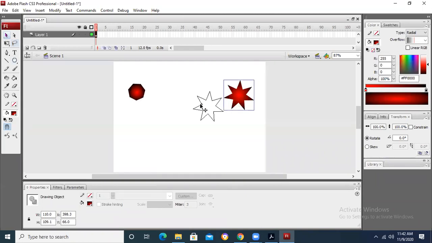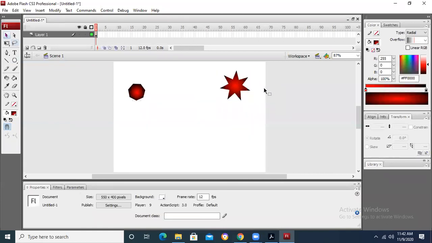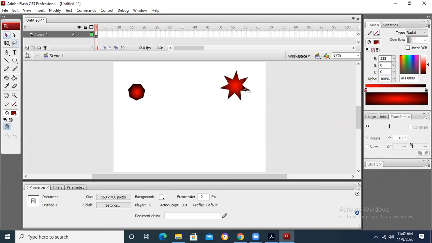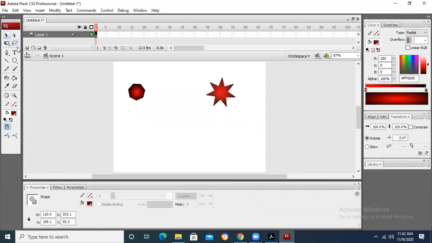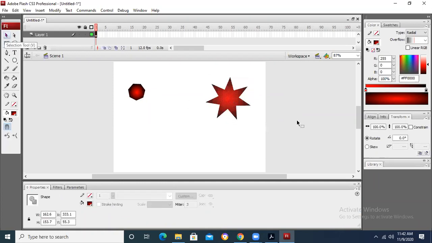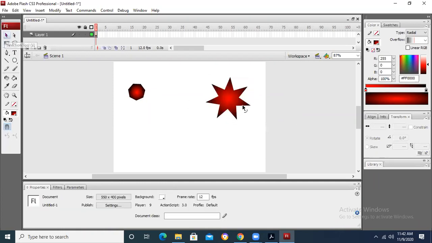And I had asked you that you can convert the shapes as well by converting tool. Right click on the object, break it apart. First, break it apart. Now this star which has got multiple sides, if I want to increase its size, I can take the free transform tool. I can also take the selection tool and make changes in the corners. I can convert this star into a flower.